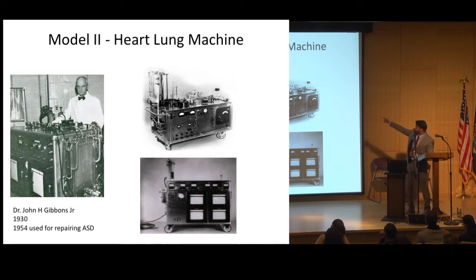Now, there's no pointer here, but if you look at that column up there, that is a bubble oxygenator. So pretty much the old model, what you would do is send the blood and introduce oxygen, and it's pretty much like a can of Coke. Whatever you put in, oxygen or carbon dioxide, you shake it up and you hope things get aerated. A very similar concept, and that's how you would oxygenate the deoxygenated blood,